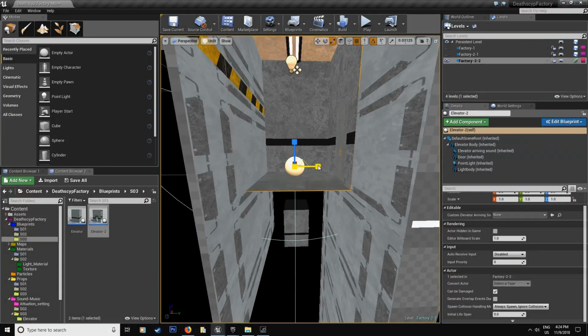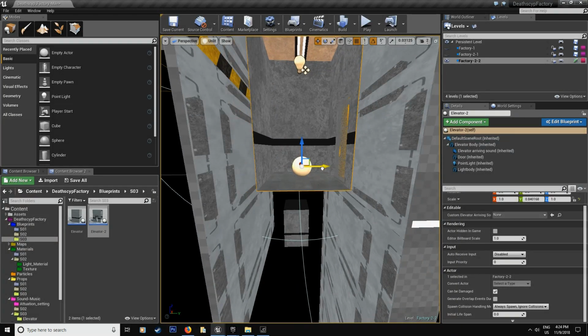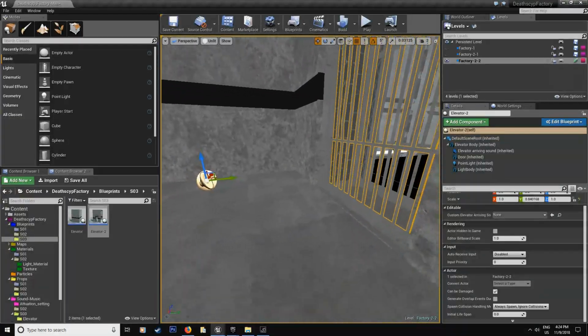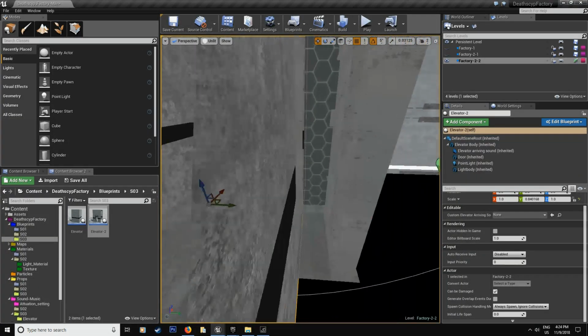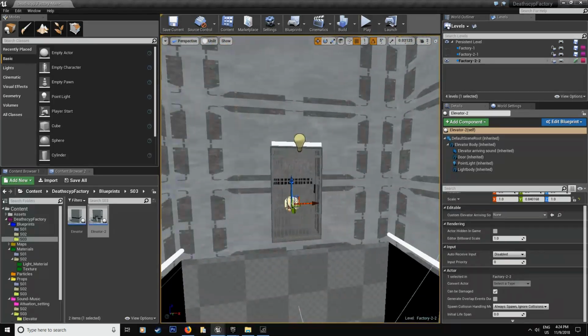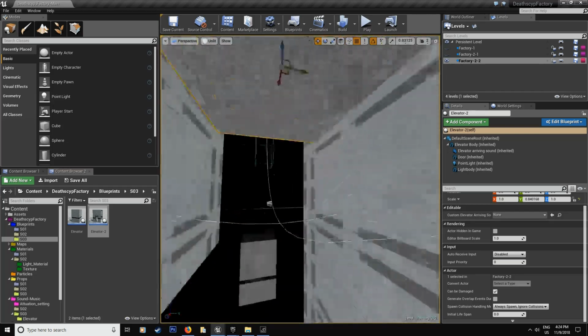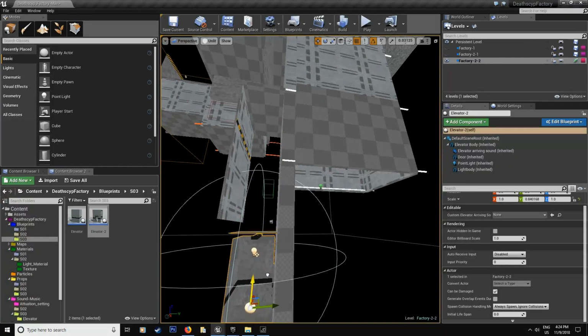The details are up to you guys, after how you want your scene to look. I'm here to be an instrument to your imagination and to show you guys how I made it. So now we have this. We know this is how high the elevator goes when it's here. So we just drag it down